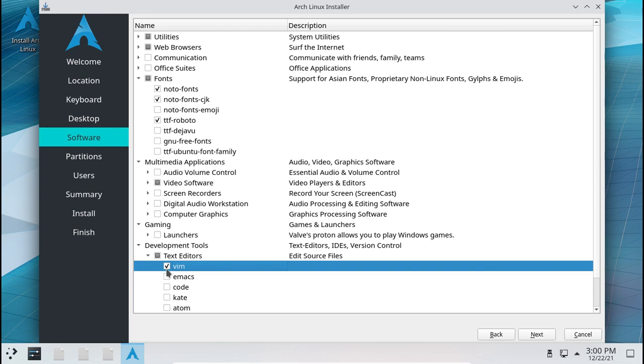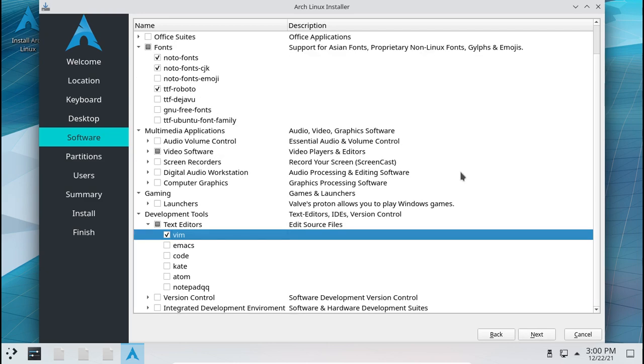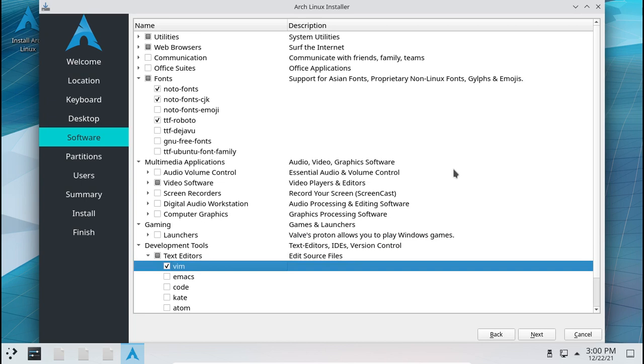So obviously the options are going to be limited, and even in the things that I'm providing here, it's pretty limited to not overcomplicate things. So anybody can just click on these software, make sense of what they are, and just go ahead. And in any case you don't understand what a particular, let's say you don't know what Noto font CJK is, you can just go on Google, or go on DuckDuckGo, and search for Noto font CJK Arch, and then on the packages page you will get a description of what the package is.